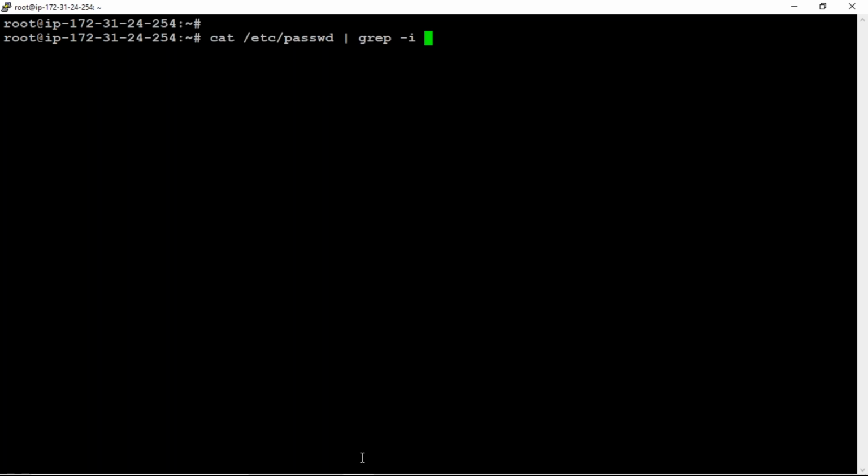So I have user1 and user2, right? I just wanted to print only those two users. That's why I'm assigning user here. Got it? So when I give this command, all the users inside of this file will be printed. Now I don't want all those users to be printed. I just wanted to print only the usernames starting with user.